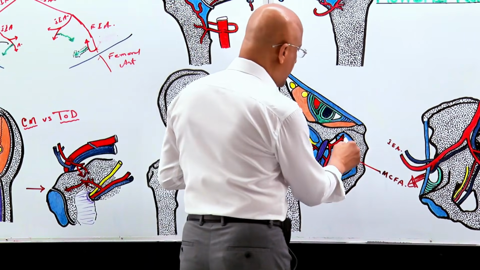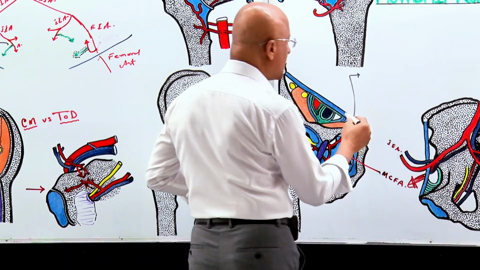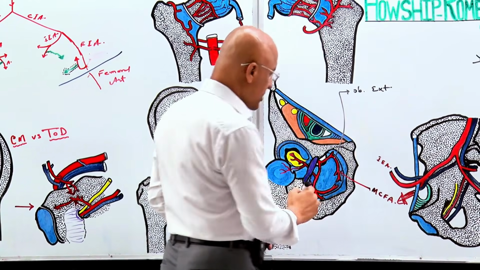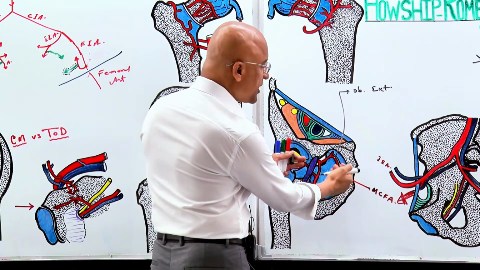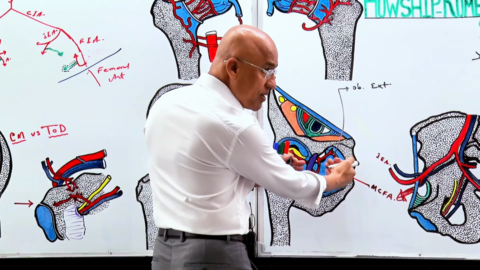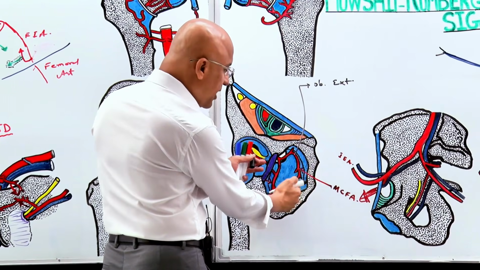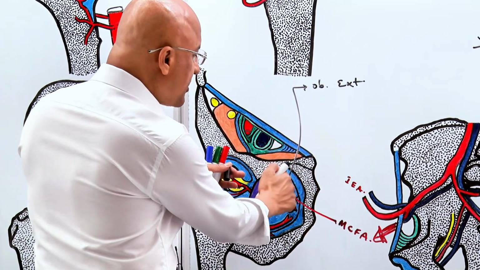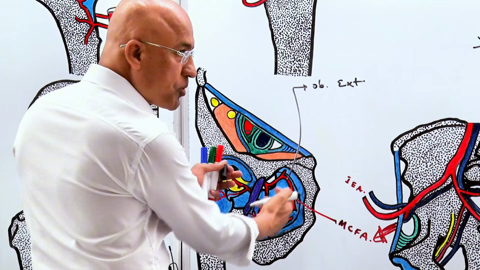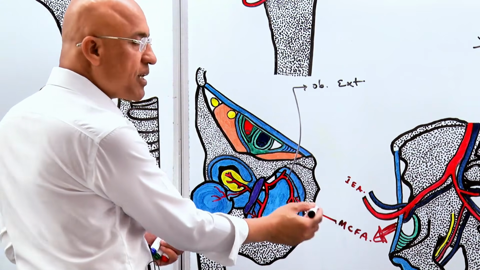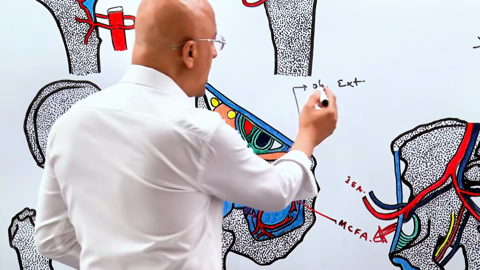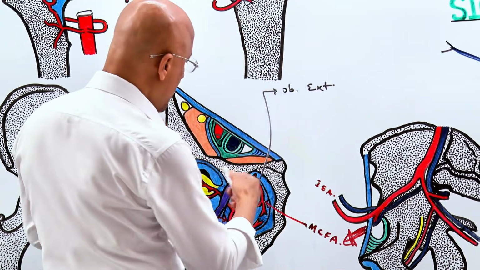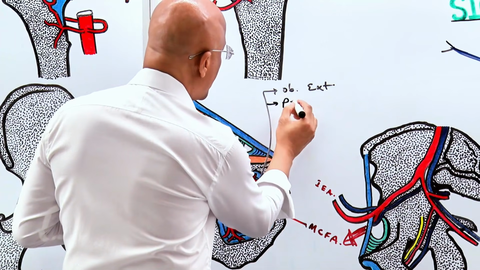Look here. The anterior branch supplies the obturator externus, because as there was obturator internus on the inner side of the obturator membrane, there is also a muscle here, obturator externus, outside the membrane, and these arteries are buried between the membrane and obturator externus. From there they give muscular branches. Now, obturator externus, then pectineus,